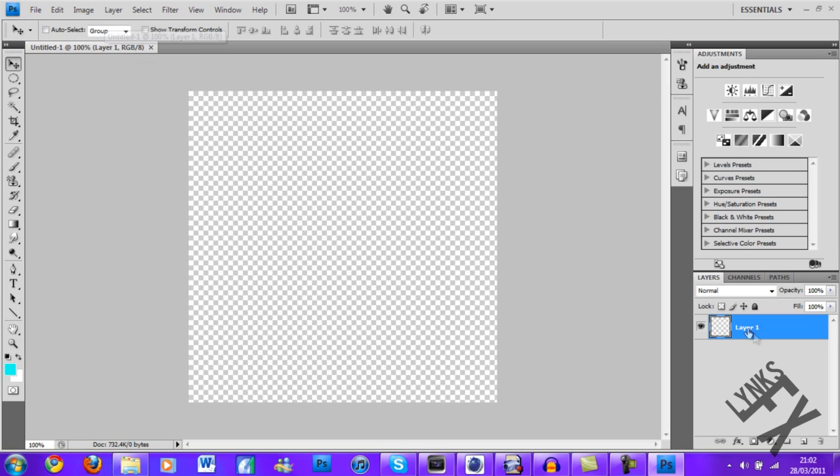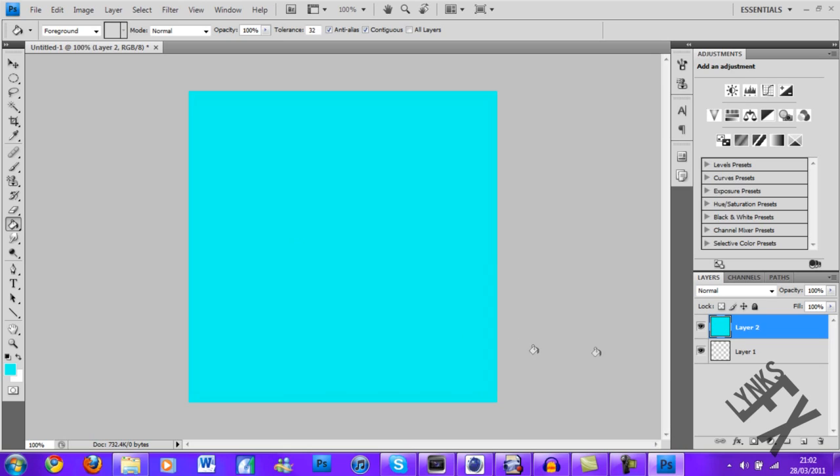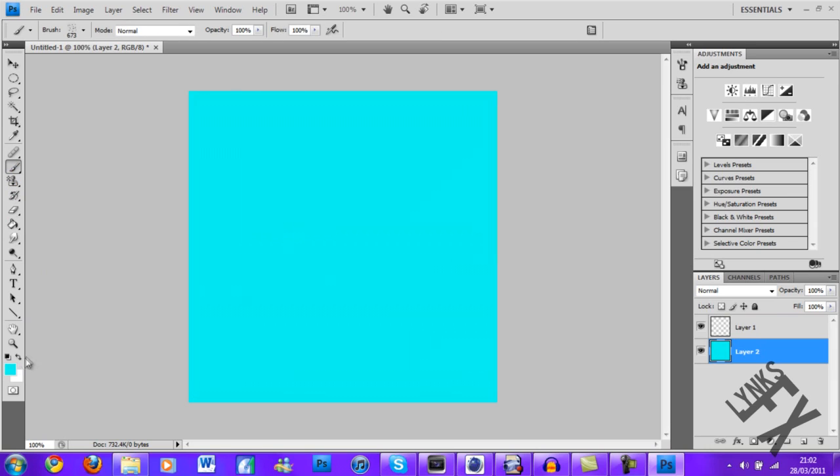Right, basically, down here in the right box where my arrow's flashing now, this is the layers menu, and what it does is, this is layer 1. If you make a new layer, that's layer 2. Whatever's on top is like, okay, I'll demonstrate because it's quite hard to explain. If I fill this, and then move it behind there, and then if I get a paintbrush and change my